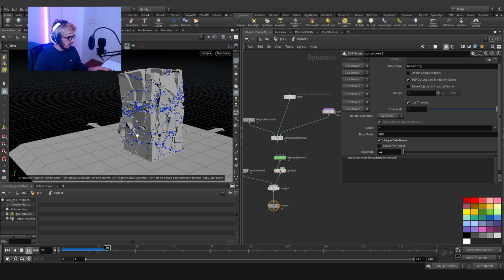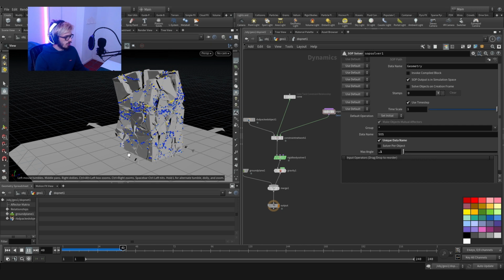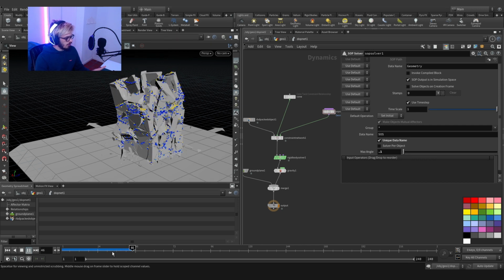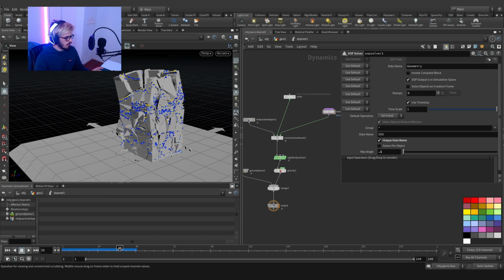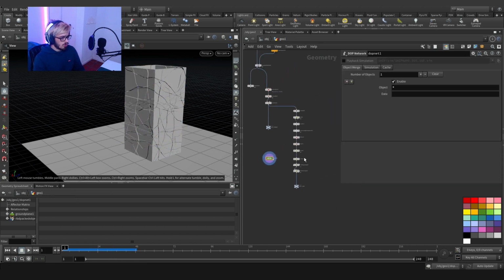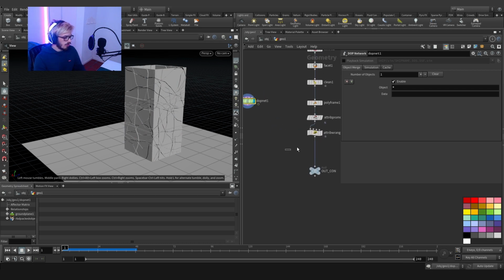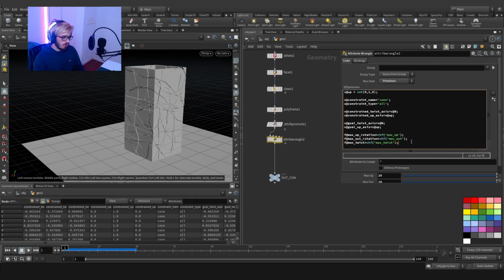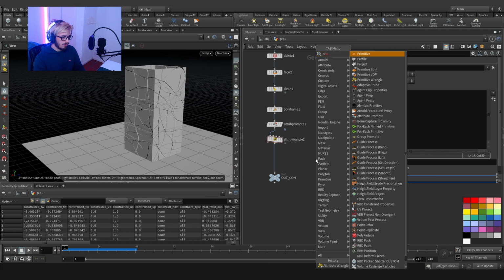Right away, this is more organic. It's working, but we have a little problem. Not everything is working as intended. Why? Because we should do a little modification to the constraints. First of all, we need to create a prim